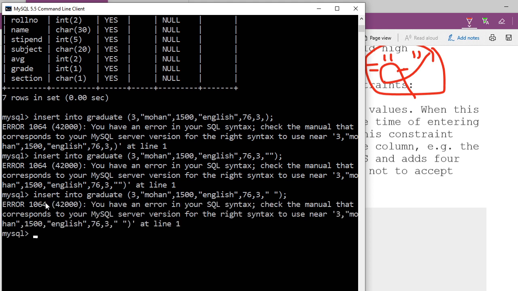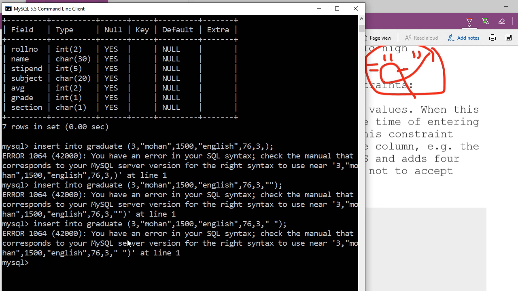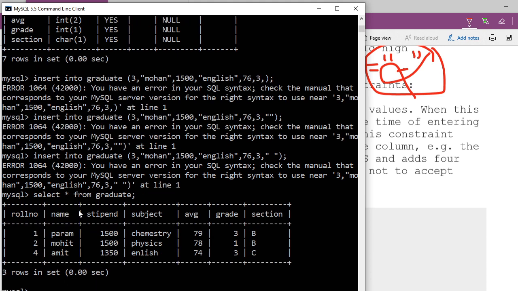Okay, first to check whether all of these are correct or not. Insert into graduate. This sequence is correct. Okay. Sir, section you have left. Section. That section only we are experimenting with now here. Section we are not knowing. So how to enter it? So I'm making some errors here so that you can understand. Is it? So you see this one. You see this is the first error I made. Name, sir.